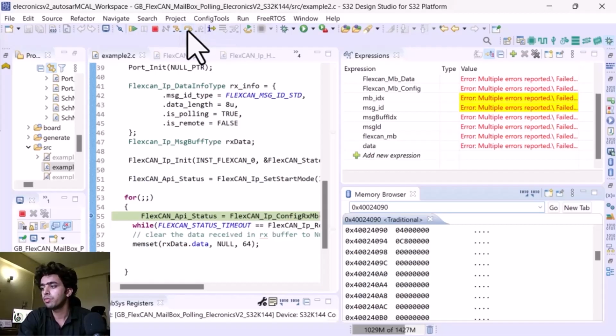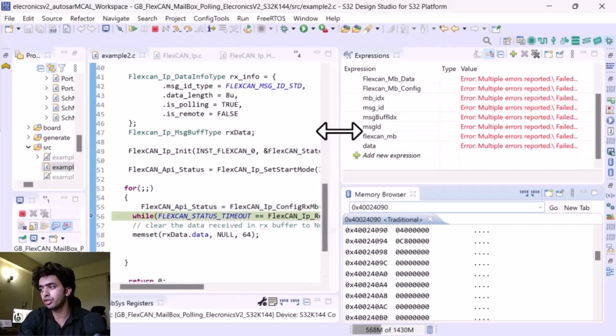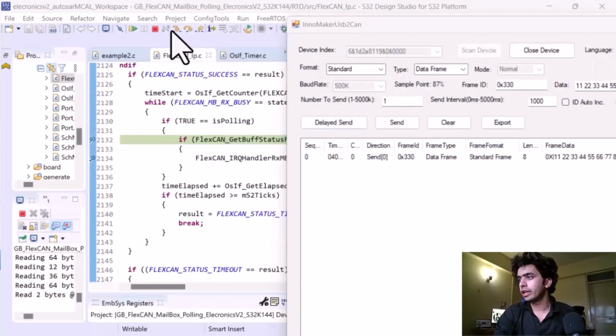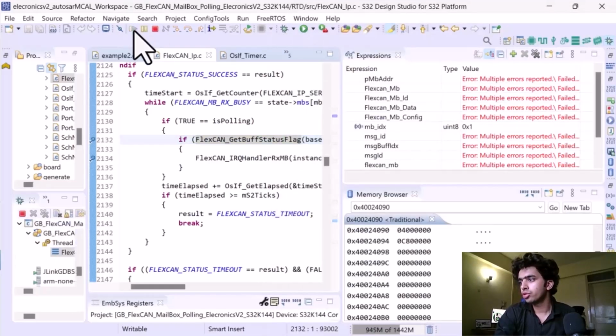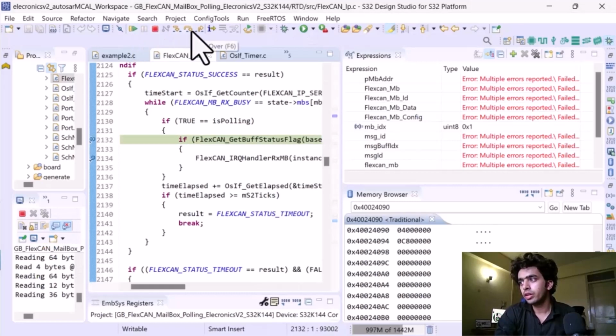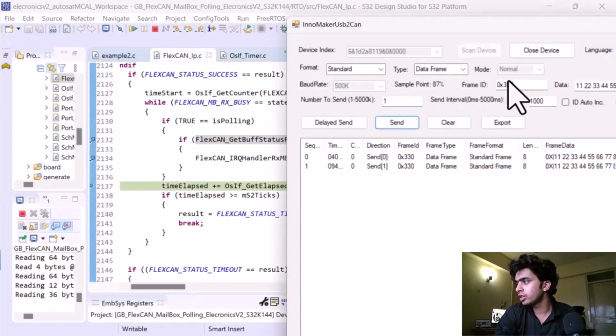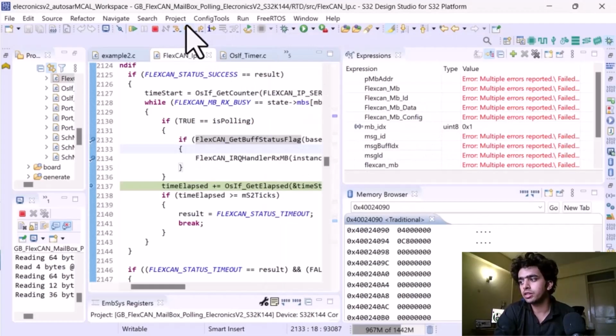Now in the next receiving function, let's say we are sending a CAN message ID of 0x330. If we send it and I run, you can see that it does not go to the handler, and stays in a continuous while loop only. Even if I send any other CAN message ID like 0x330 or 0x350, it is not accepted. It is discarded.